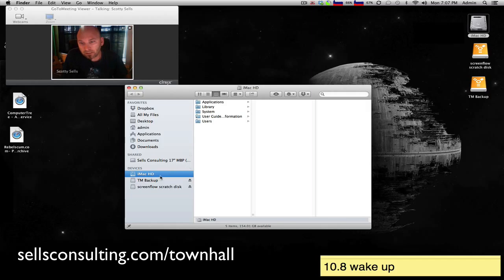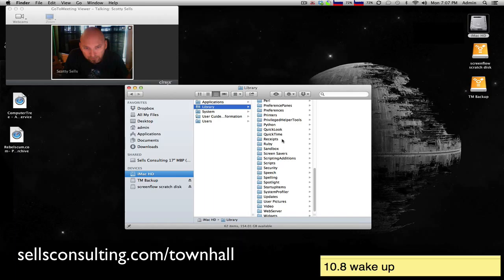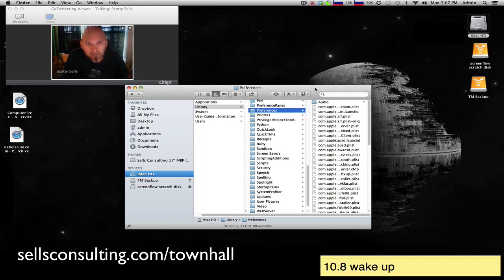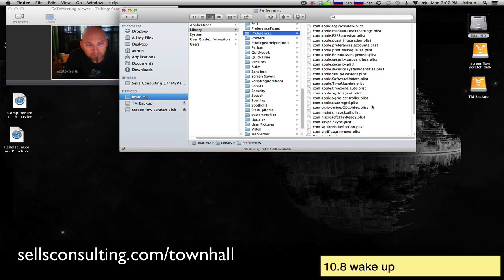So I'm going to go into my iMac's hard drive, and I'm going to look at library, and I'm going to go down to a folder called preferences, and you guys have seen me do this several times. I go into preferences. Now, in this preferences folder, I've got some things that I can dig around and look for. The main folder that I'm looking